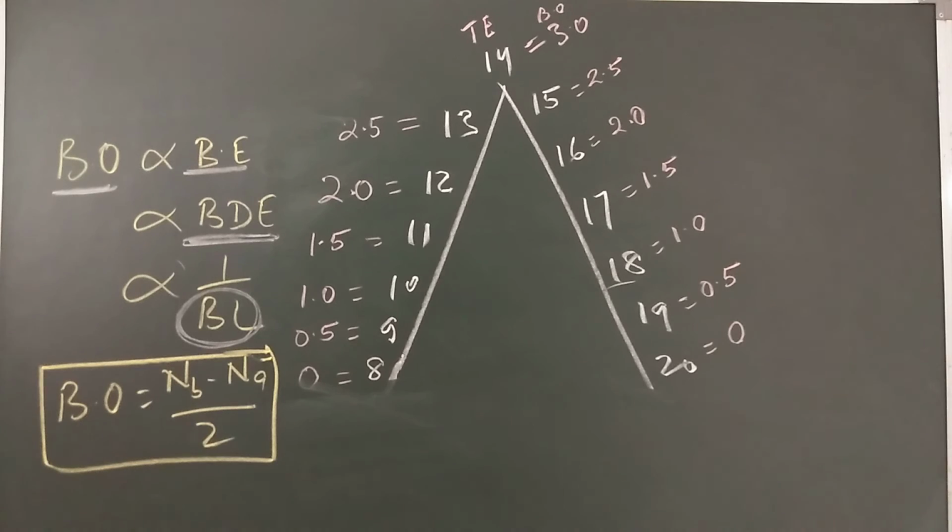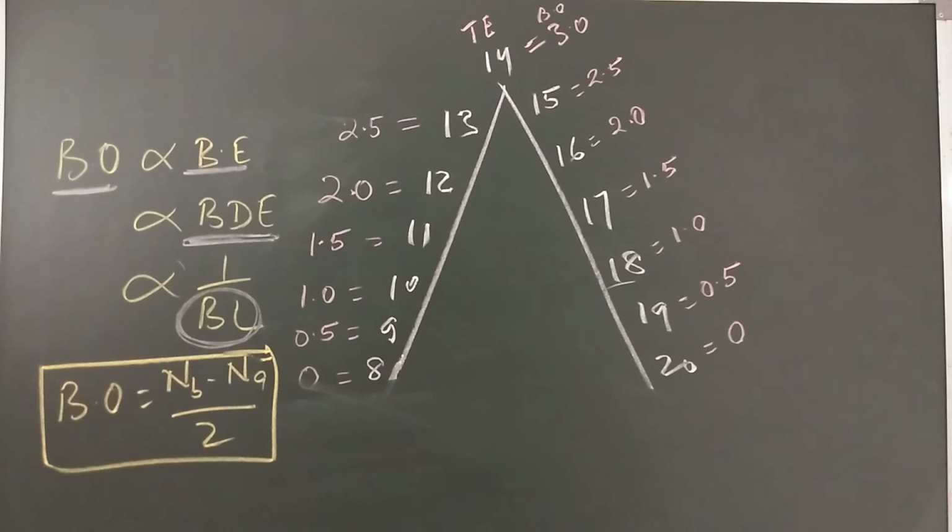Based on this, many questions you will find in IIT NET where they have given you the species and they will ask you to arrange them in increasing or decreasing bond length, or they can ask you to arrange them in decreasing or increasing bond order. So bond order is directly proportional to bond energy. It is directly proportional to bond dissociation energy, but it is inversely proportional to bond length.